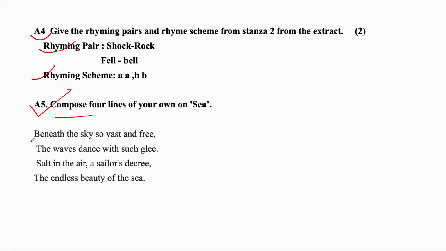Okay, I have written this. You can write anything that you want, whatever comes into your mind. These are the 4 lines. Okay, beneath the sky so vast and free, the waves dance with such glee. See, free and glee is a rhyming word. So see, it is not compulsory, but when you use rhyming words, it will sound like a poem for you. ठीक है. Salt in the air, a sailor's decree, the endless beauty of the sea. See, decree and sea is